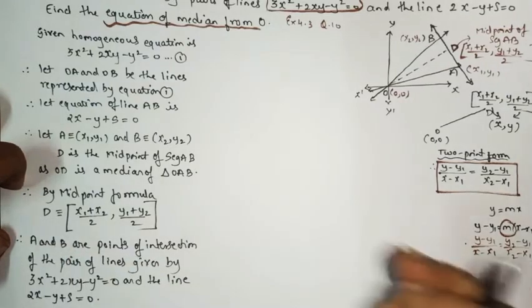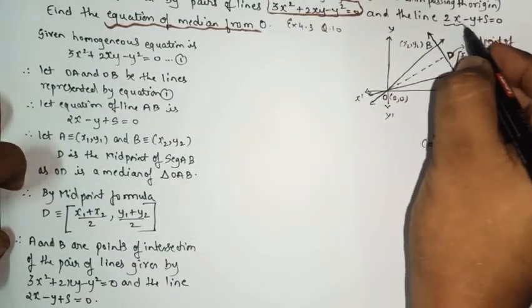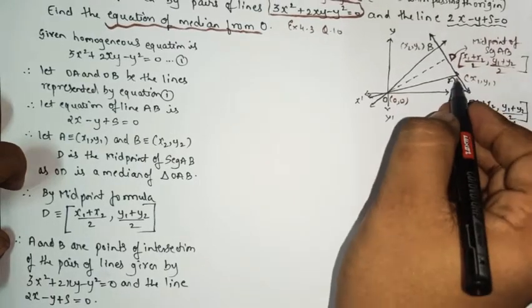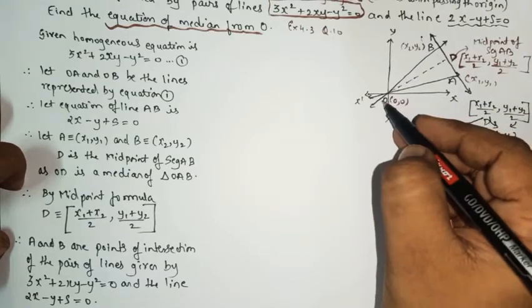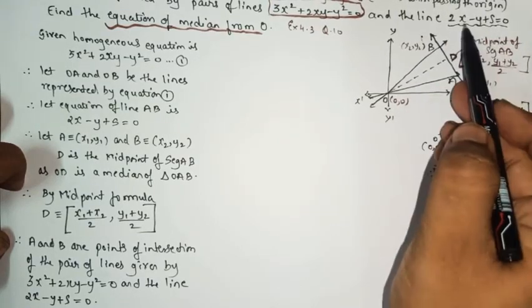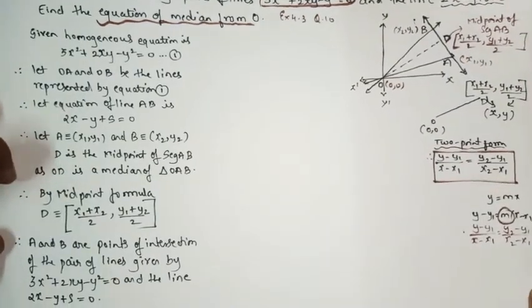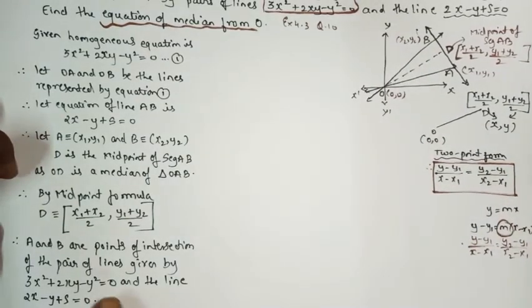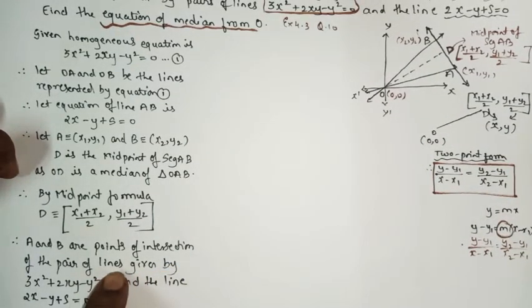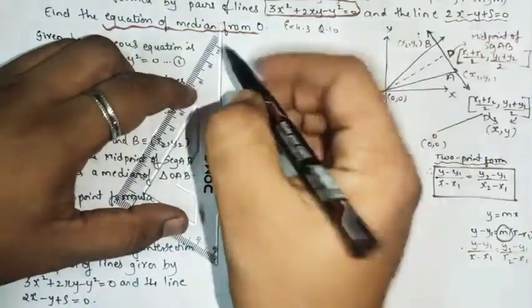So actually what I wrote, in simple language, I will explain that the equation of this line is passing through A and B. That means it intersects the lines OA and OB. Which ones? This line OA and OB. So in the next step, as the line intersects the pair of lines which is given by this equation, see the next step.